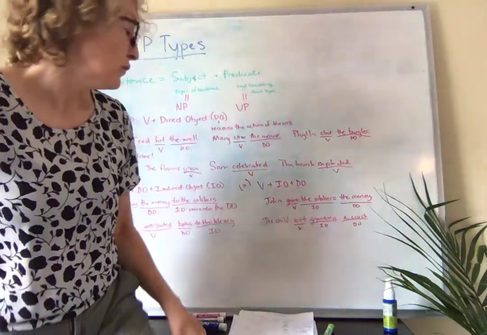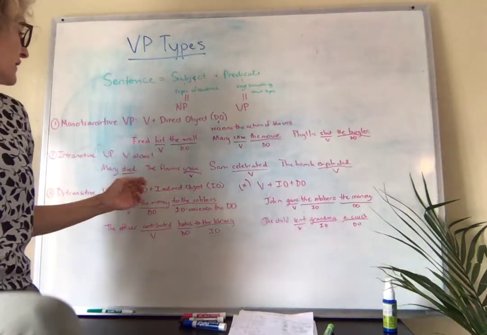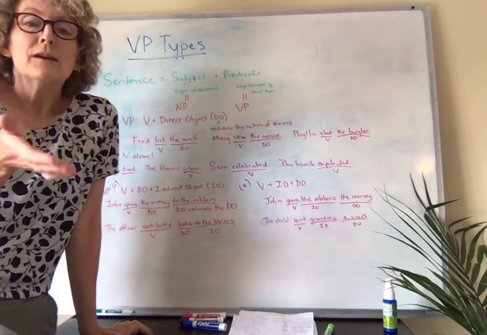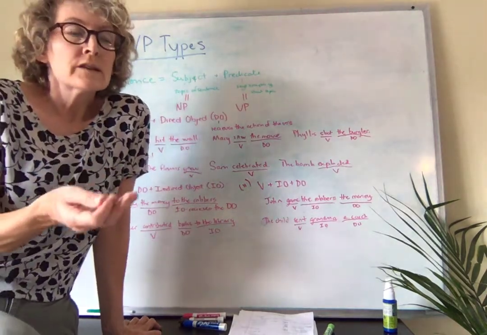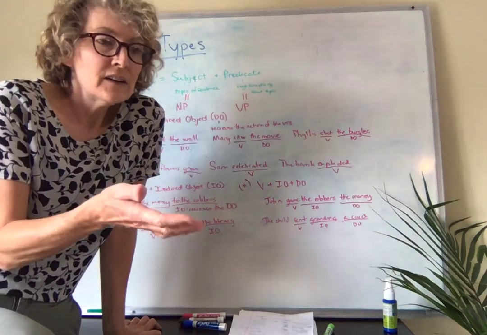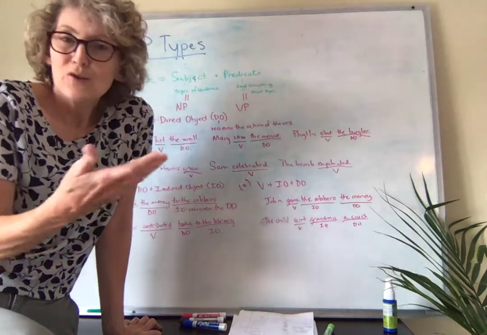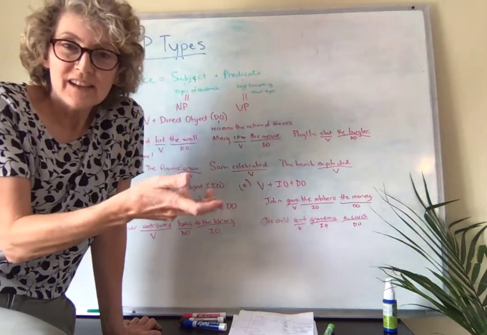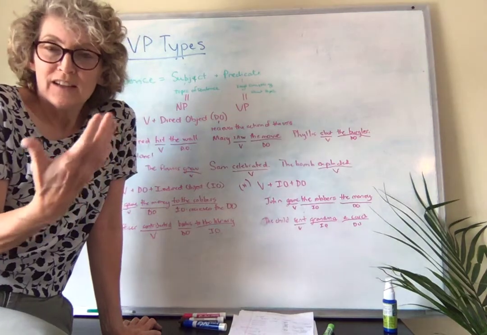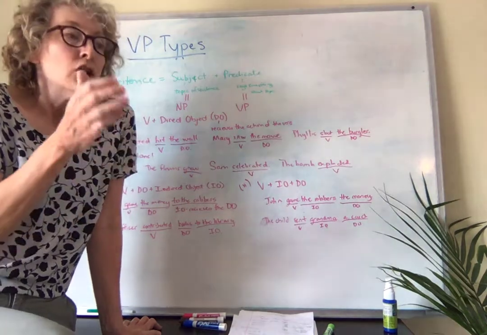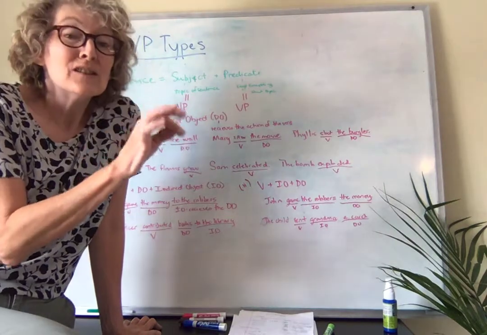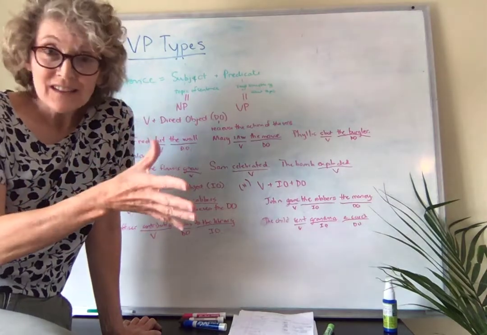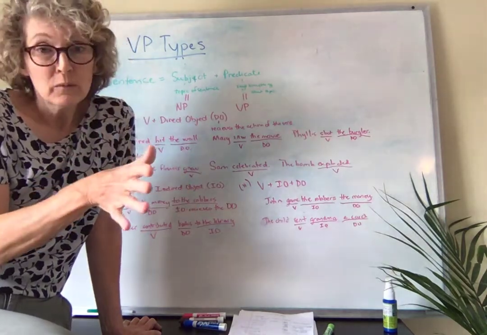So let's look at a couple more examples of the intransitive types. For example, Mary died. When you say Mary died, it wouldn't work to say Mary died the flu or something like that. You can't have anything occurring after the verb died. It just doesn't sound like an English sentence, right? So for that reason, this is going to be a typical example of the intransitive verb phrase. The only thing we see there is just the main verb.